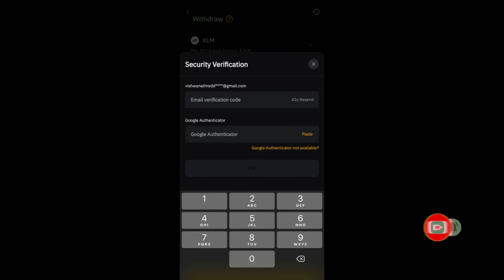This Google authentication will be automatically generated, friends, so you need not worry about that. Just download the app and open it so you can understand easily. We'll enter the Gmail OTP and also the Google authentication OTP.